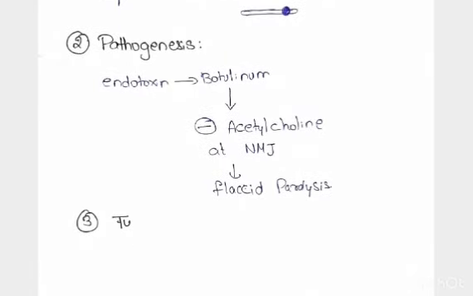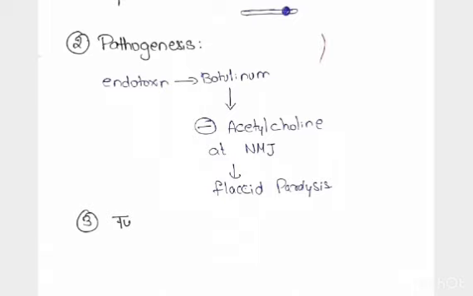Now, pathogenesis. The organism is a bacteria. So, the spore which is formed will germinate and form a toxin, which is called endotoxin, the botulinum toxin. What does this botulinum toxin do? First of all, the toxin enters the body of a person, and it blocks or inhibits the acetylcholine at the